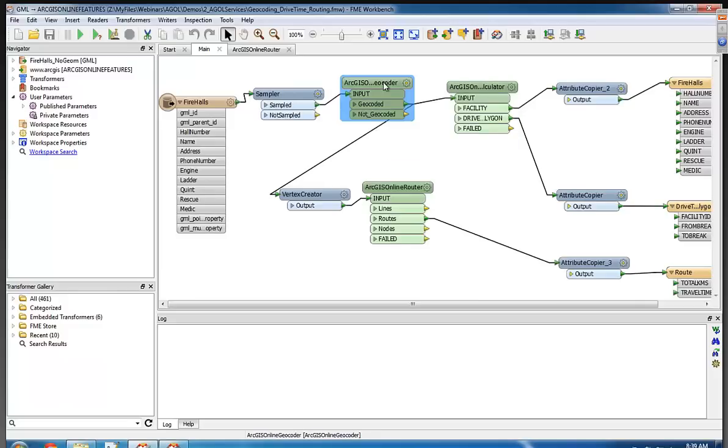So the first one I've got here, the ArcGIS Online Geocoder. So I'm bringing in some GML data. It contains information about fire halls in the city of Vancouver. This data has no geometry associated with it right now, but I do have an address to tell me the location of these fire halls. So what I'm going to do is use the ArcGIS Online Geocoder to use ArcGIS's geocoding service to take those addresses and build points from that information. Ah, okay. Yeah, it does a